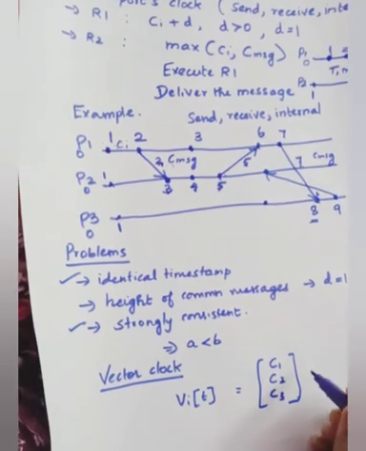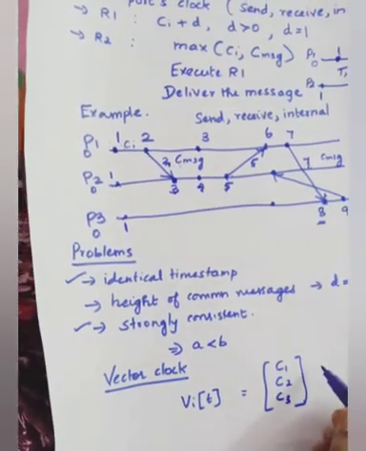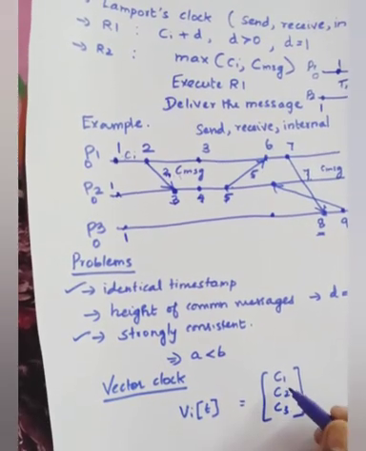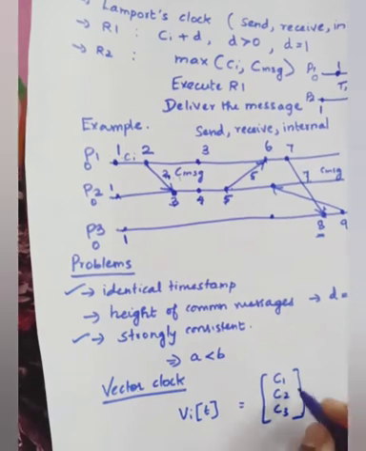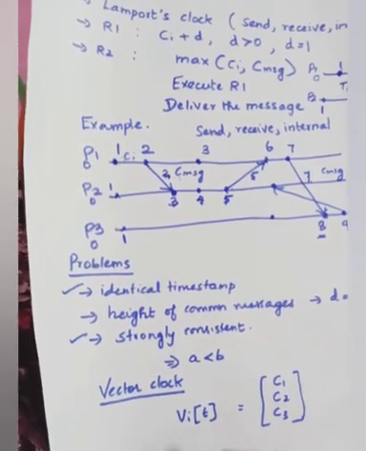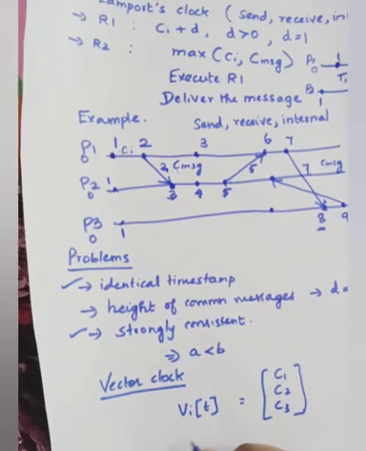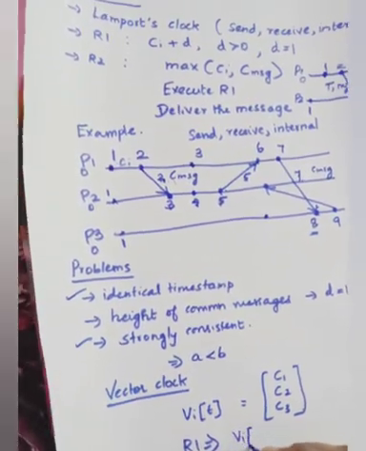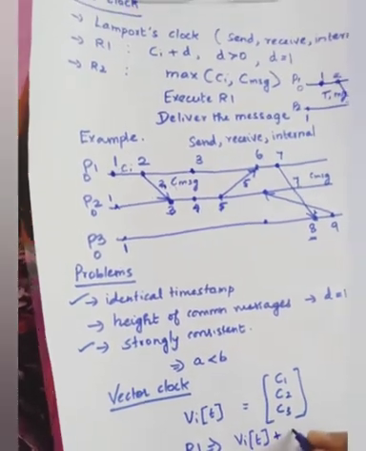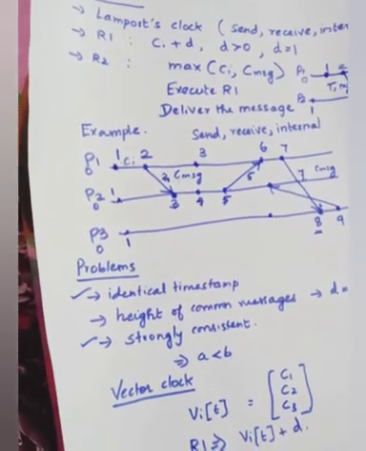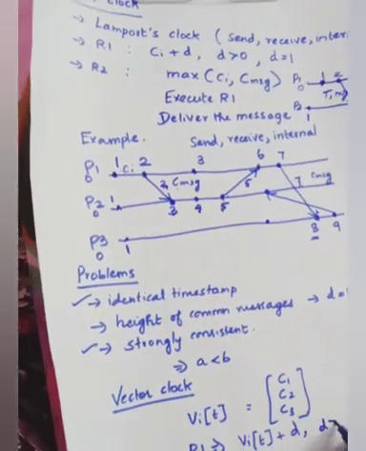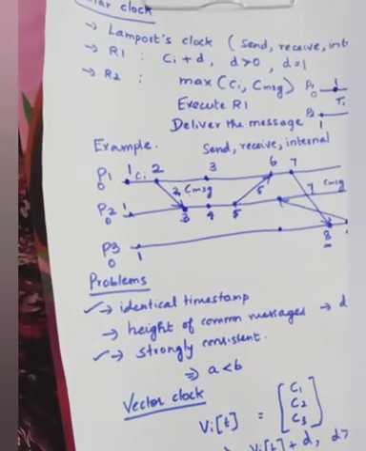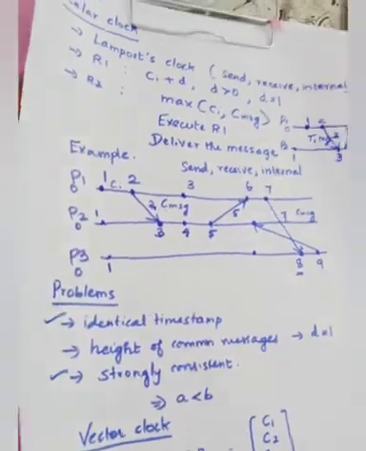So it is a matrix comprising the timestamps of all the 3 processes. In the case of a scalar timestamp, every process will know only its own timestamp. But in the case of a vector timestamp, every process will know its own timestamp as well as the timestamps of other processes. The same logic is applied here at rule R1. So we increment the timestamp value with the scalar d, where d should be greater than 0, but here we are going to consider d as 1.